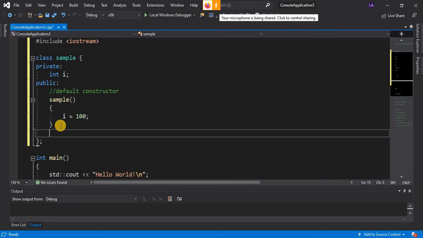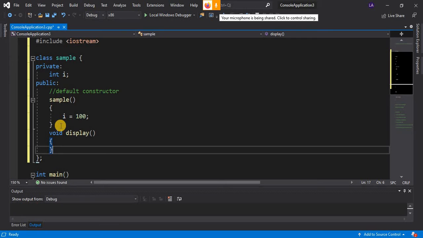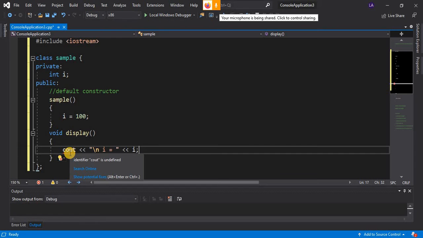and after that we'll write one display function which displays the value of i. So what is the error here? Identifier cout is undefined.